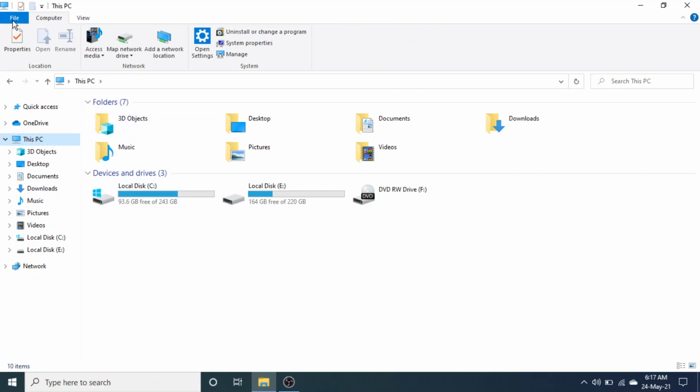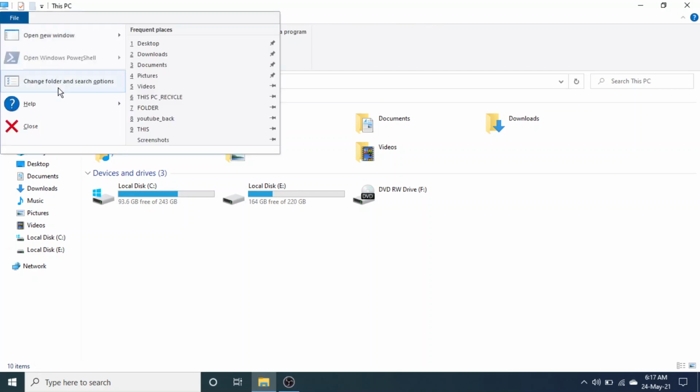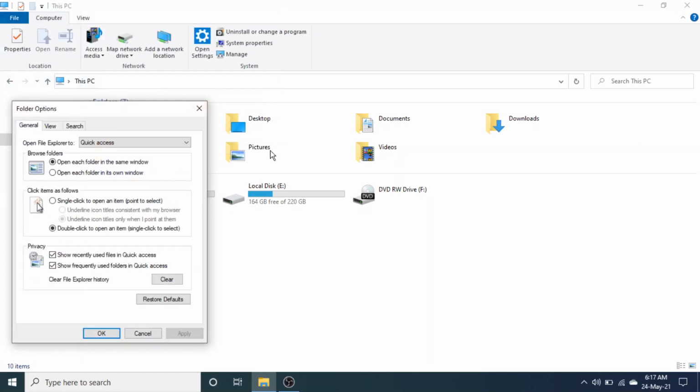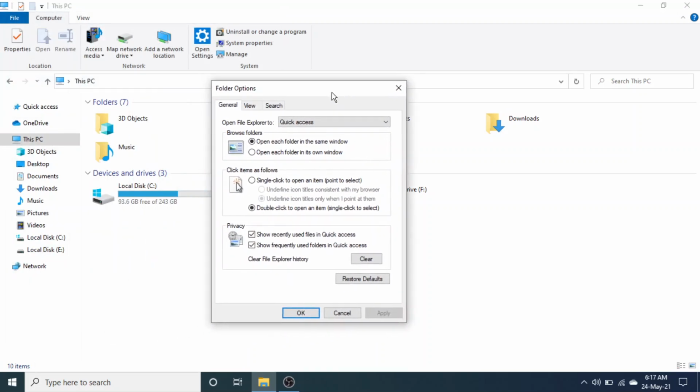There, click on File, then go to Change Folder and Search Options. Instead of this, you can also have options there. It's the same thing. You can click on it. Then, among the tabs, click on View,